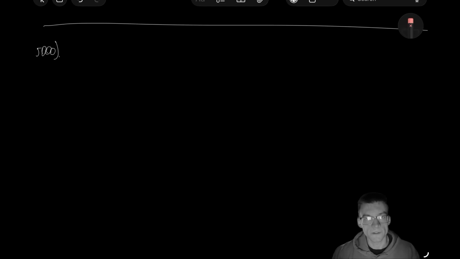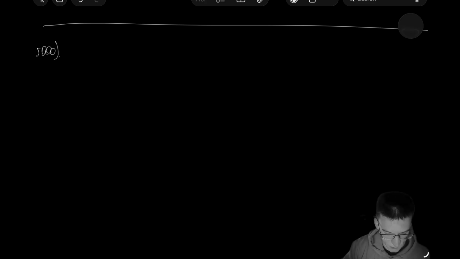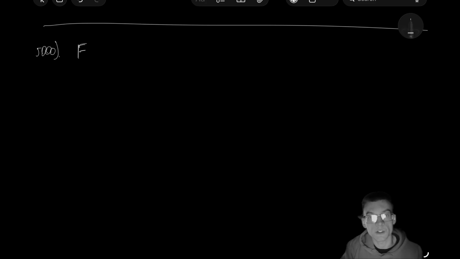Problem number 5000. In this problem, I would like to introduce you a concept of vector function in an n-dimensional hyperspace. So I would like to get started with a simple case when we have just a function. This is going to be a vector function, which is defined as follows. It is essentially the mapping from the scalar real numbers field into n-dimensional vector space over the field of real